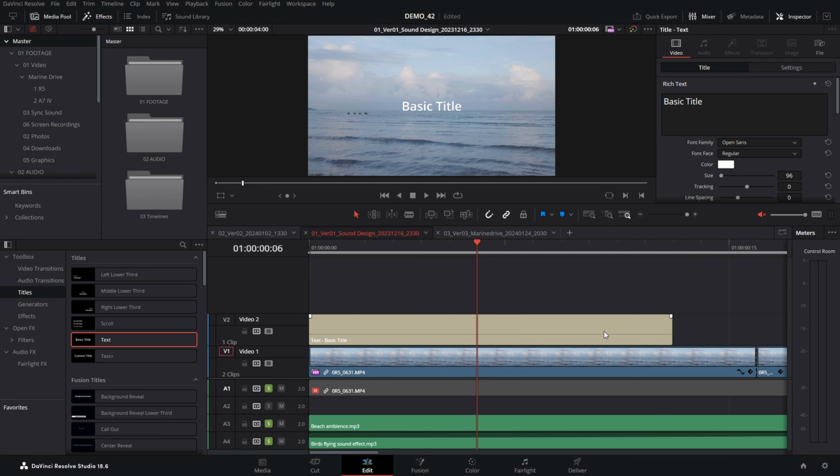Okay. Now you can click on the title layer. You can scrub around that. You will see the basic title text at the moment. Let's go to the inspector. You can expand it using this button. Under video, under title, you will see this rich text and it is set to basic title at the moment. Let's change it to Marine Drive,